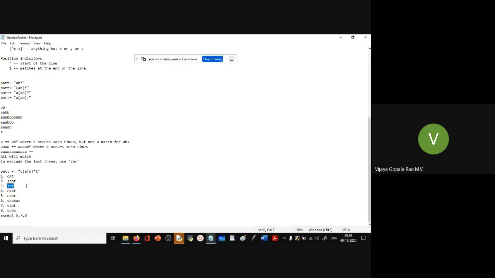All right. Now what about this? It will match, sir, because either A or B is not there, but the asterisk symbol is there, zero or more. So it's occurring 0 times. So SCT will match because it is just C and T. Now CAAT. It will match because C, A 2 times and then T. 2 times is permitted by the star. What about CSBT? No, sir. The S is missing in between. Yeah, the S is missing, isn't it? It's not there in the pattern. So even if the C matches, the C has to compulsorily match here, but there's no S in the pattern.